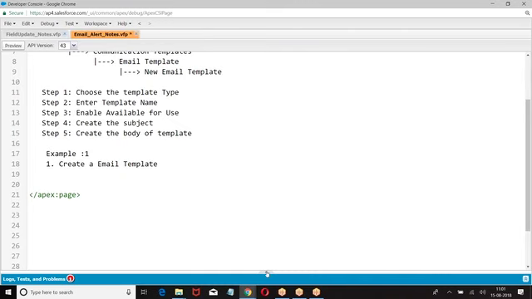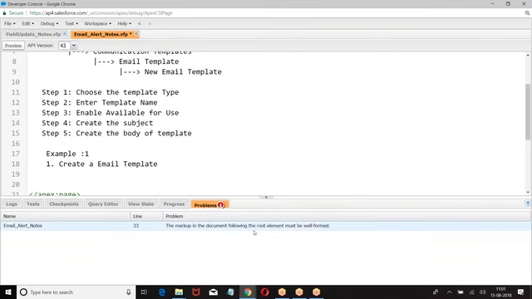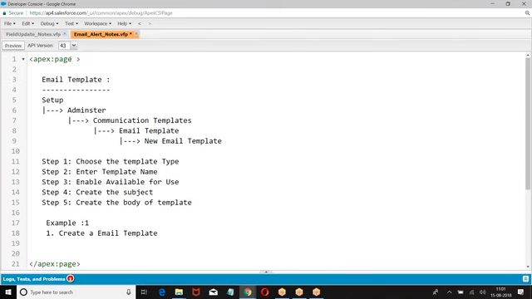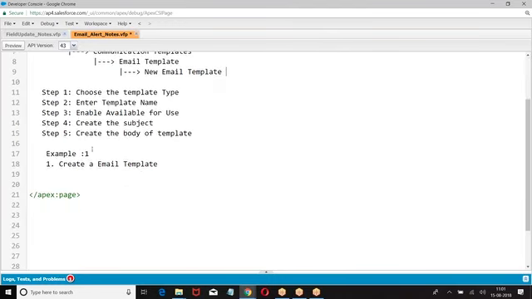On what am I trying to create an email template? There is a bug here: root element should be well formed. Apex page.